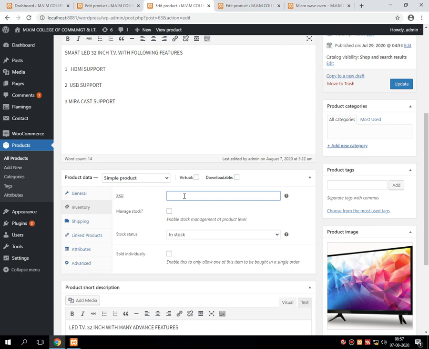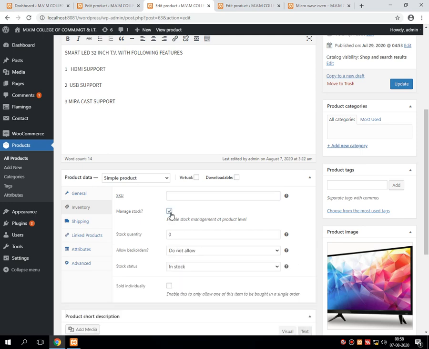So we are going to see how this is possible. Whatever we have seen just before, 5 or 10 minutes ago, was manual handling of the stock. Now we are going for automatic handling of the stock, which is to be done by the WordPress plugin itself. So what I am doing is clicking on manage stock. Every other option comes out in the form that you can see on the screen.